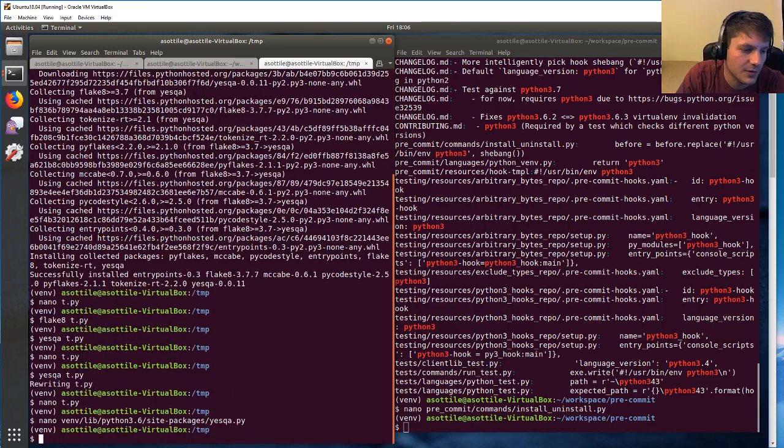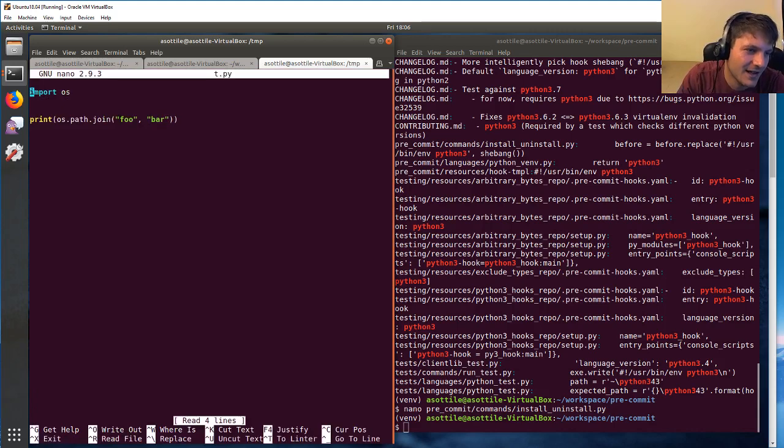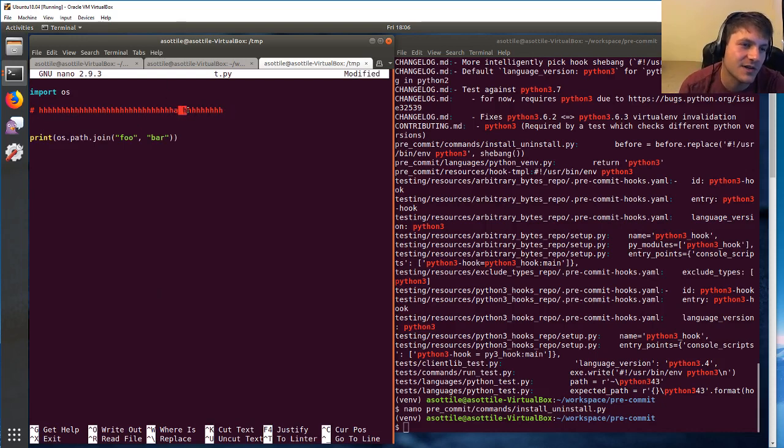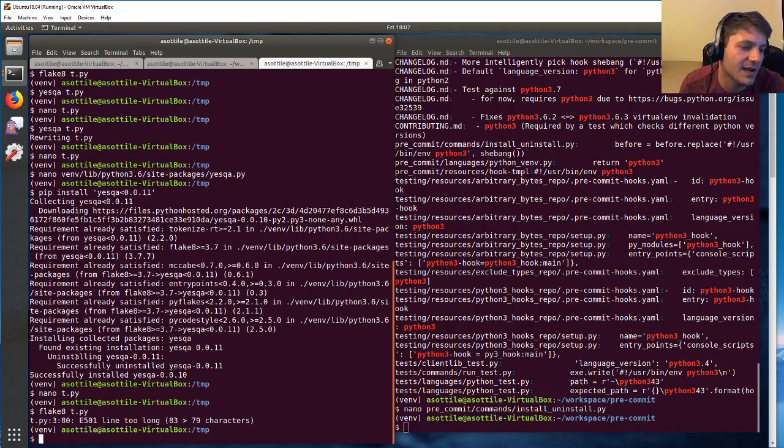And so what used to happen, so pip install yesqa less than 0.0.11, I think was the version I fixed it in. Really embracing my 0 version here. If you had a comment that was, let's say, really, really, really long. I also have to put a space here because pycodestyle has a special case where if your comment doesn't have spaces in it, it will just accept it as being okay. So let's say this is more than 80 characters, and if I were to run Flake8 on this,